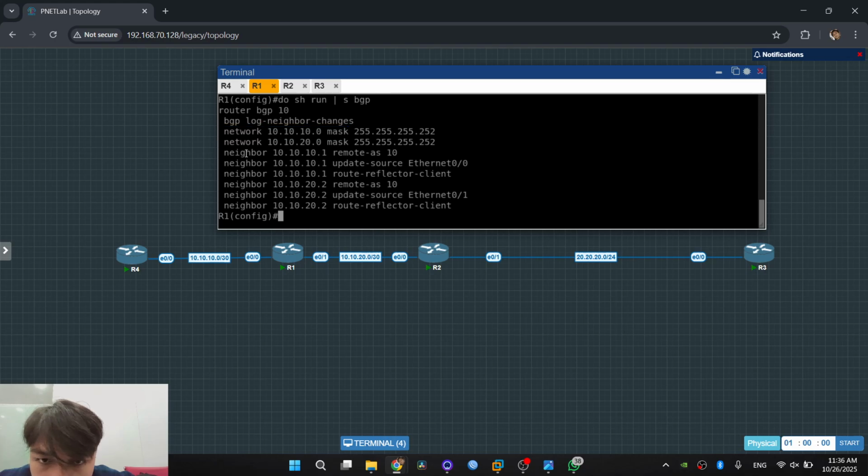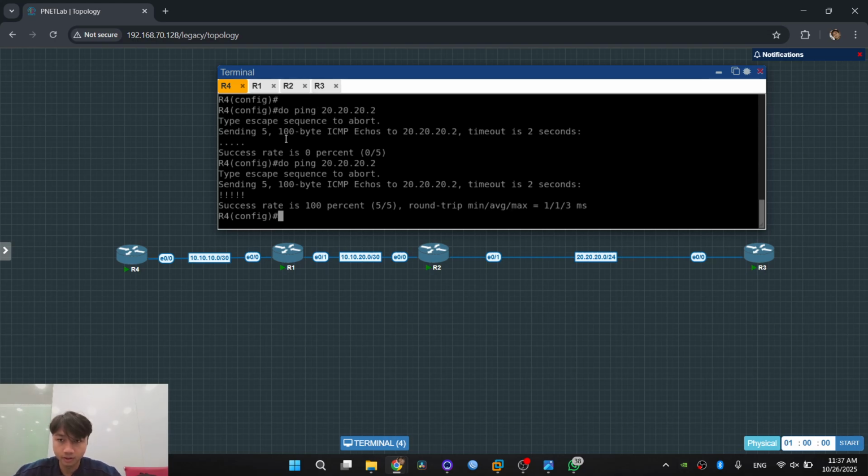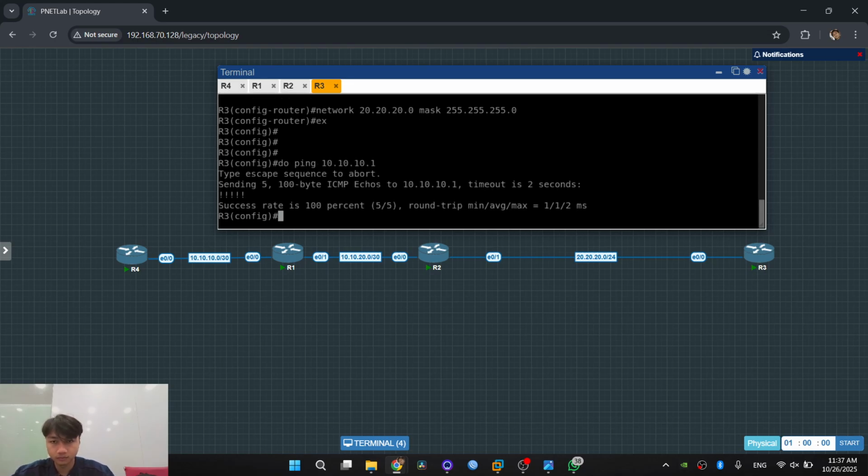Alright, it's correct too, and then 1, and then it's 2 reflector client. Maybe this is loading or adjacency from BGP. Alright, that's correct. So we can ping from R3 to R4 and then R4 to R3. Do ping. Alright, the success rate is 100%, 5 per 5, and then the average latency is 1.